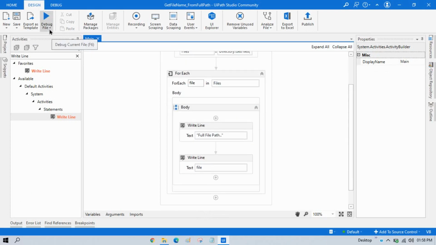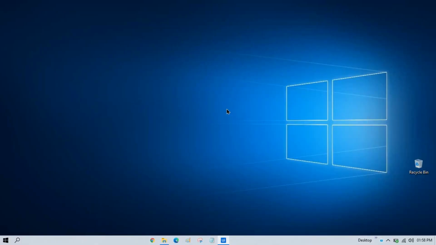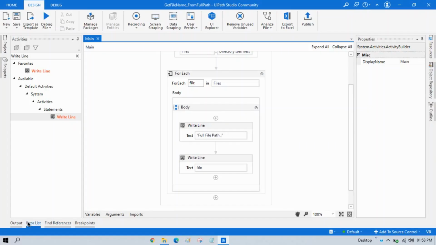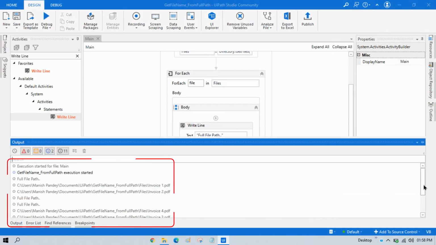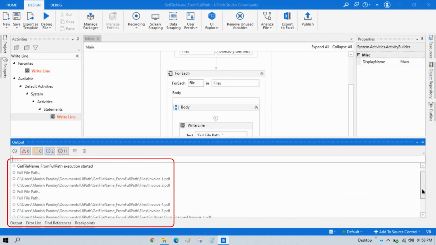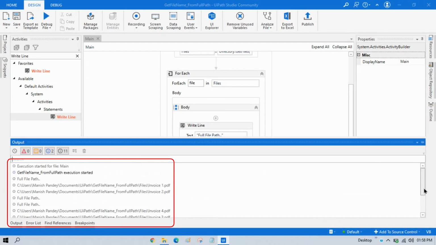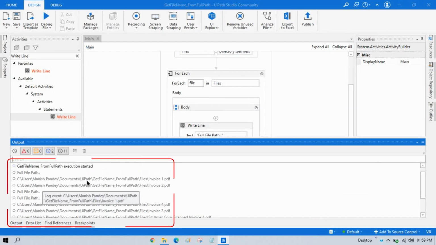Let me run that. So here in the output you will see we have 5 files and it is giving us the complete file path.